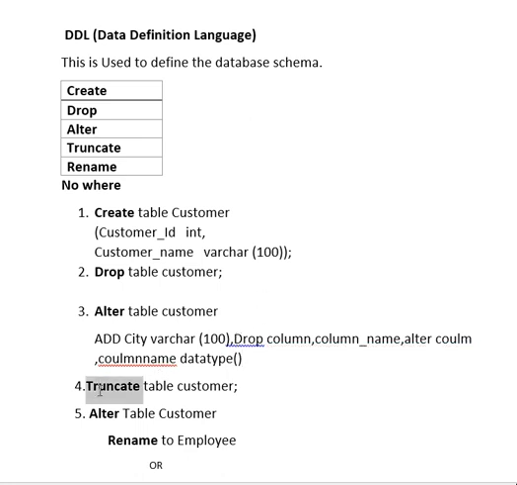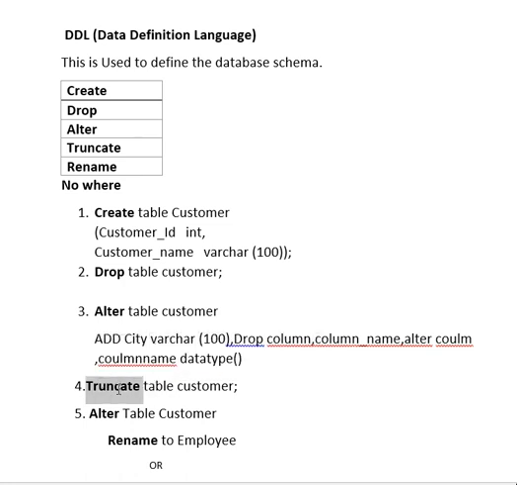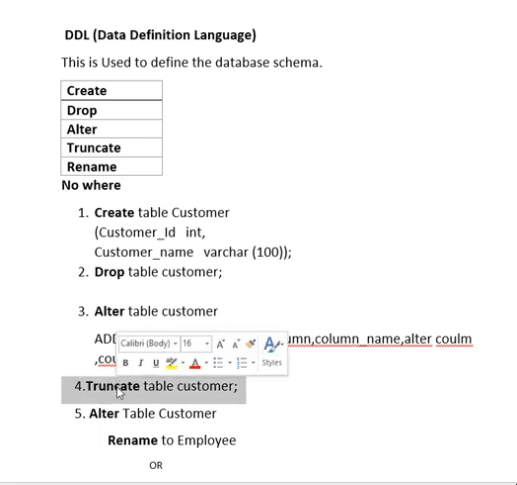And the fourth command is truncate, used to delete all the rows from the table. The syntax of this will be truncate table, table name. Now you may think, truncate is just deleting all the rows from the table, so how can it be a DDL command? With the deletion of all rows, truncate deallocates the space allocated to the rows, and by doing this it changes the storage definition. That's why the truncate command is in DDL.